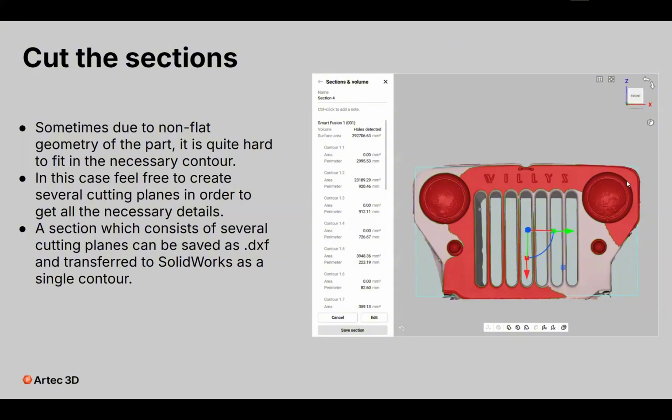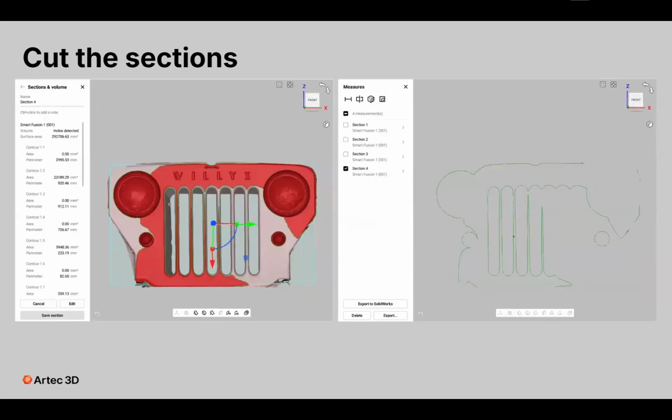So, for example, you can see that I fitted a plane here, and the problem is that the plane is ideally flat, and the old front panel of this truck is unfortunately not, which leads to something like that. So as you can see, this section is not really useful. So what you can do,